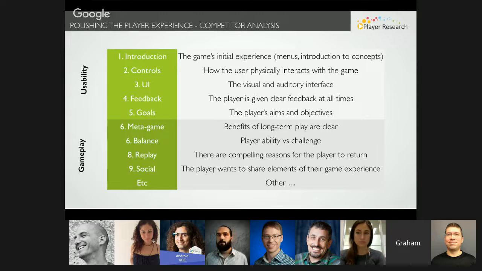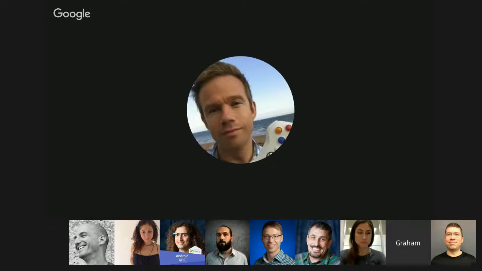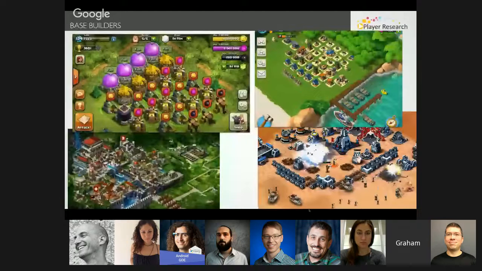As an example, these are 4 base builder games. You may or may not recognize them. And we spent 1 year analyzing these 4 games. So you have Clash of Clans, Boom Beach, Game of War Fire Age, and Star Wars Commander. They all look pretty similar. They all do similar things, but some of them are a lot more successful. In the case of Star Wars, the one at the lower right, it had an amazing IP to build on. And even with the Star Wars IP, it can still not compete with the other games. Why is that? Why isn't it number 1? That's what we tried to figure out too. So just to give you an idea of how much detail can be extracted,